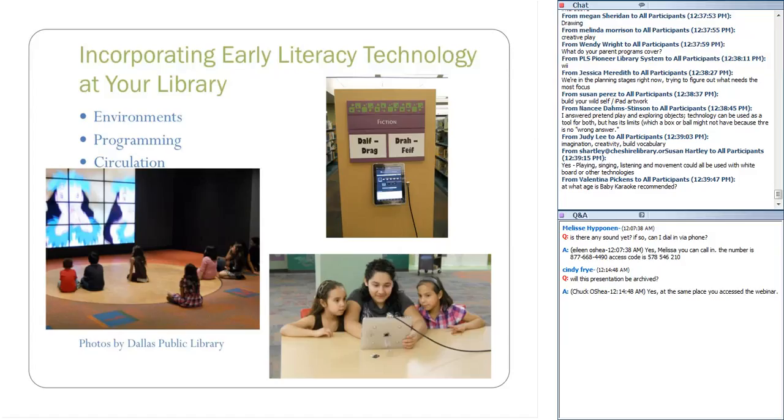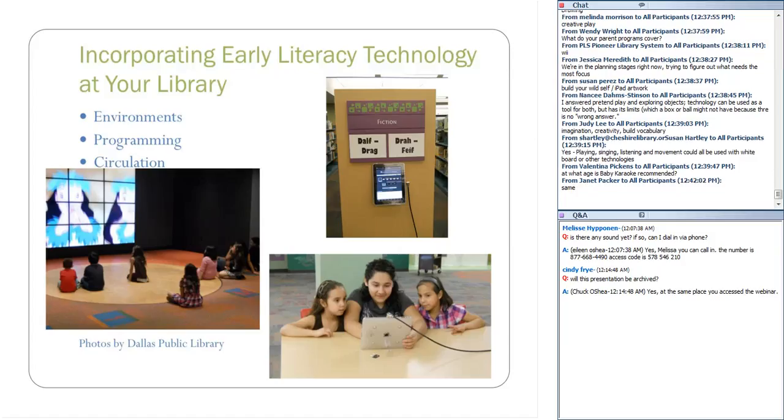We also have the opportunity to encourage early literacy learning through programs. Houston Public Library has a program that introduces children 12 months and up to iPads. In the program, the children have the opportunity to play with pre-selected apps and highlight early literacy learning interaction. The DOT program, which I mentioned earlier, is another perfect program that could happen in a library, giving children hands-on